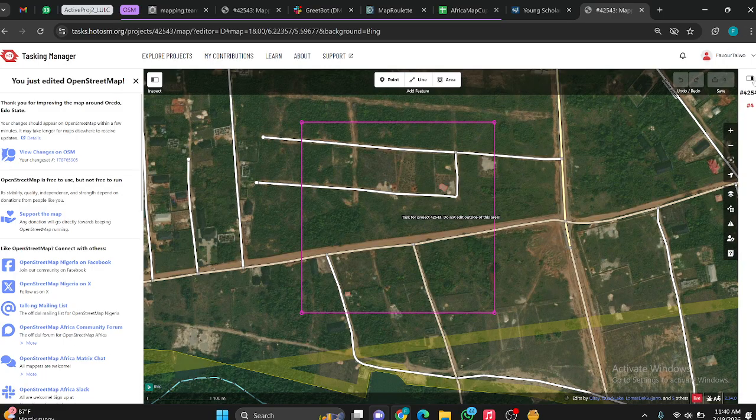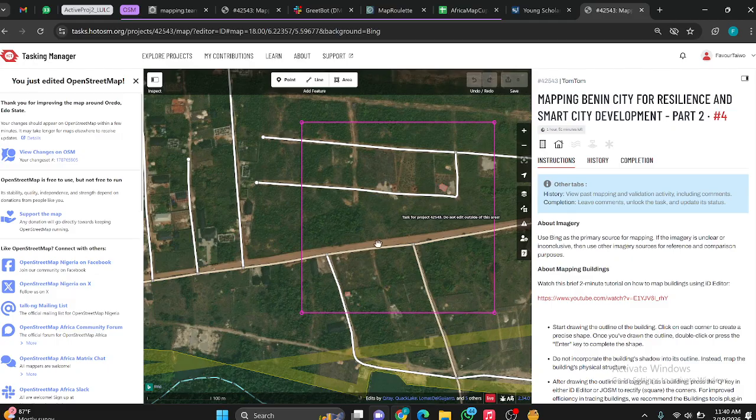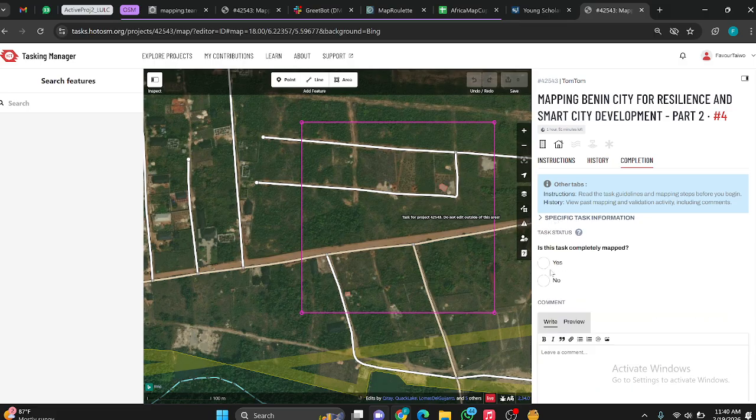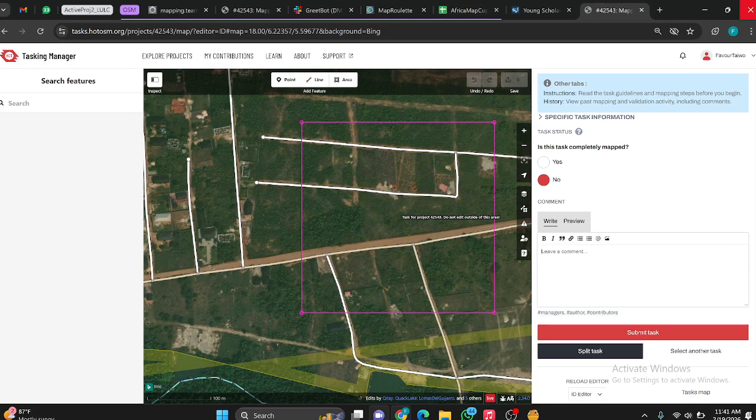Or carrying on, you can see that there are still a lot of things I should digitize which I have not. So you want to come to this completion, right? Click on, is the task completely mapped? No. So leave a comment. It's good practice to leave a comment. Not done or not completed, right, or you can just simply type kindly carry on, right? Then you can preview, you can style and the likes of that, but simply click on submit